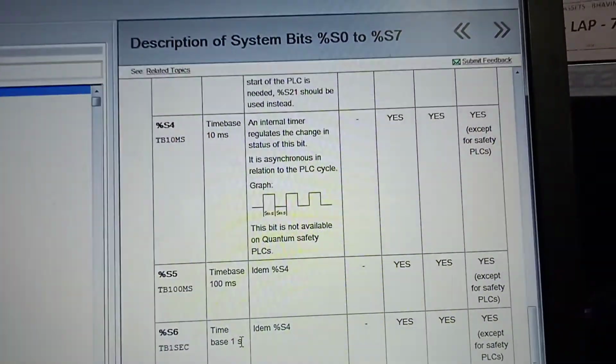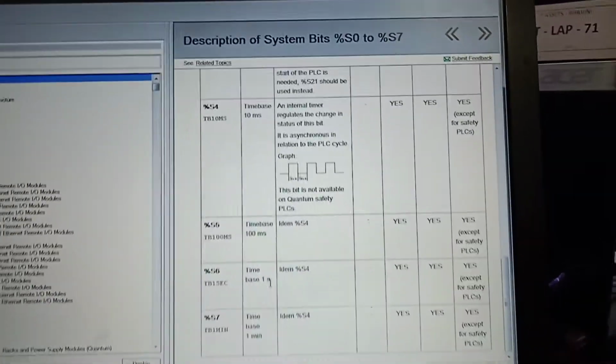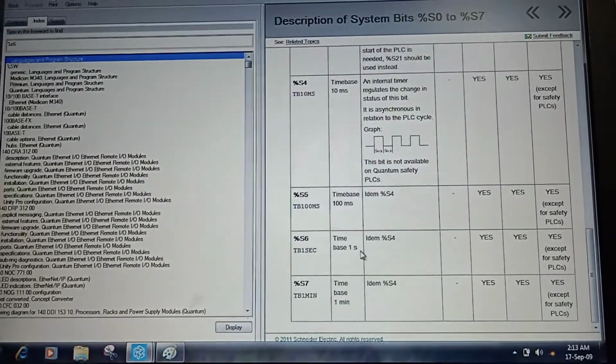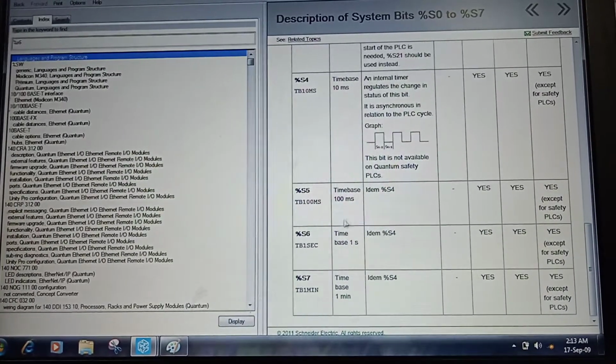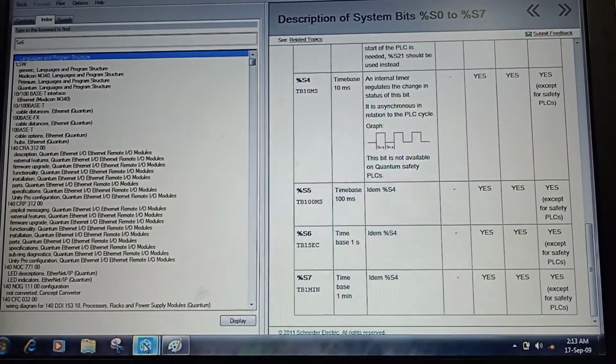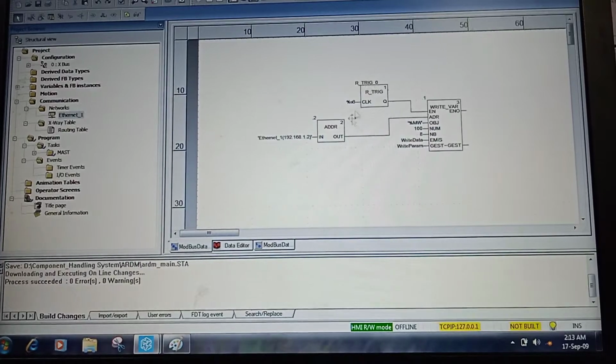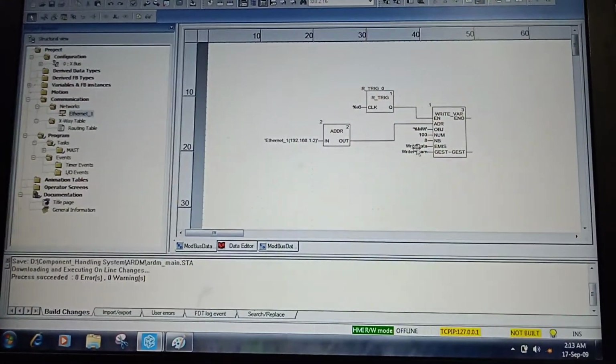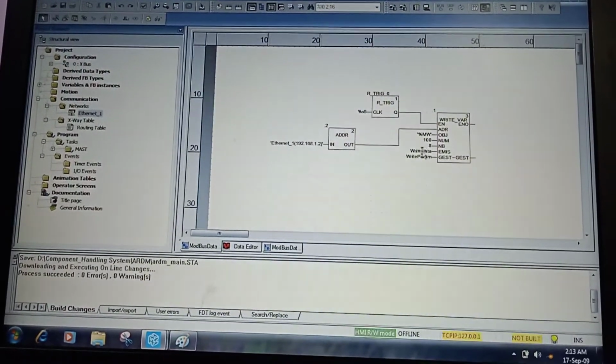So every 1 second we will get a rising edge. Once the rising edge occurs, whatever write data is there